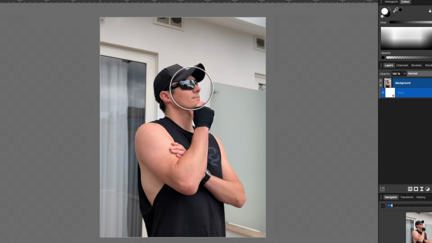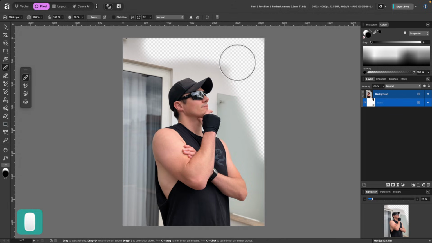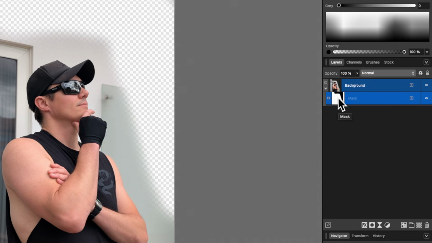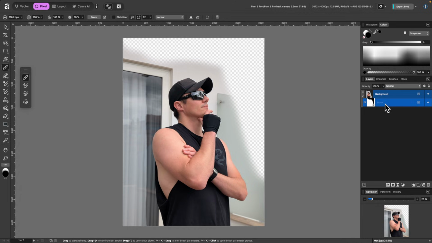So all of this is non-destructive. Anything I do here, I can undo very easily just by painting in or painting out whatever I've done. So I'll just switch back to black by pressing X, and I'll just erase a little bit using the black brush, and I'll go back to the layer mask and I'll hold down Option or Alt and click. And now you can see the parts that I'm concealing are actually black. So I hope that makes sense. Okay, I'll go back to the layer mask again, hold Option or Alt on the keyboard and click. And I'll delete the layer mask.